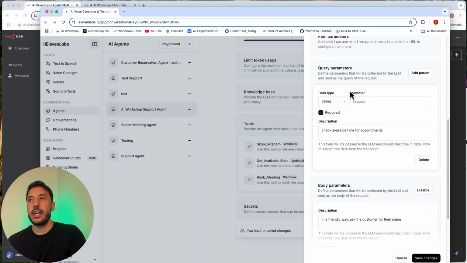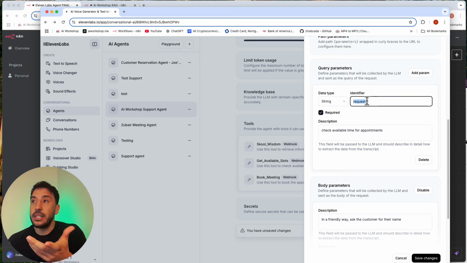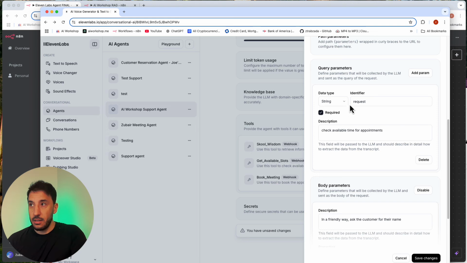Query parameters, again, so this is if you have multiple tools inside your AI agent in n8n, what I found at least so far is that it's good to have this query parameter have the same identifier, and you describe what this query is. So I'm saying check available times for the appointment. So this query, we're going to send back to n8n, and it needs to have some